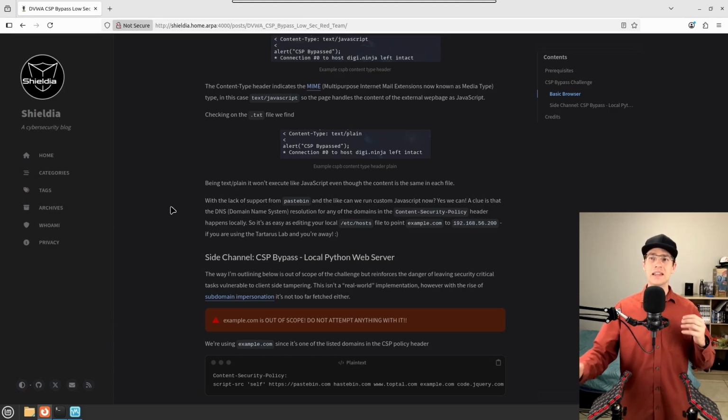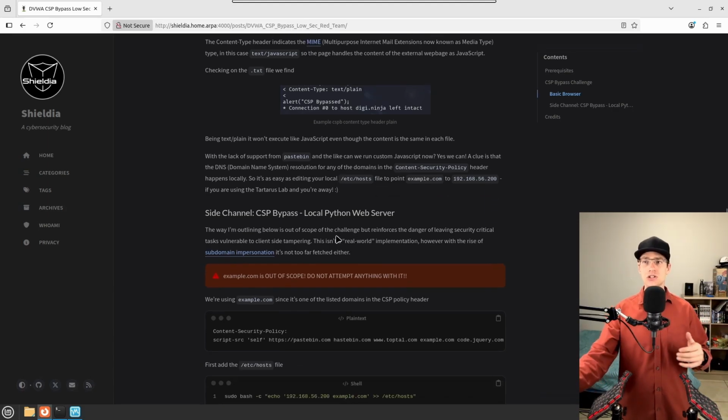What does that mean? That means we can change in the etc hosts file any of the security policies that are in place to point somewhere else. Granted, again, a bit out of scope and a bit niche, but